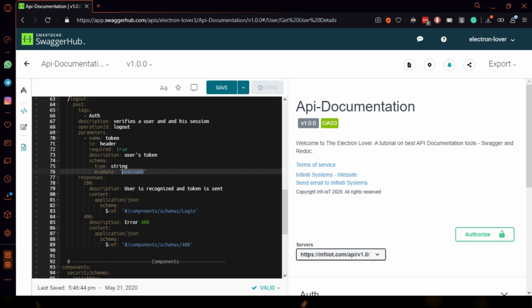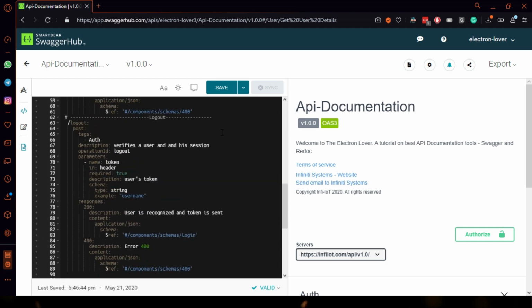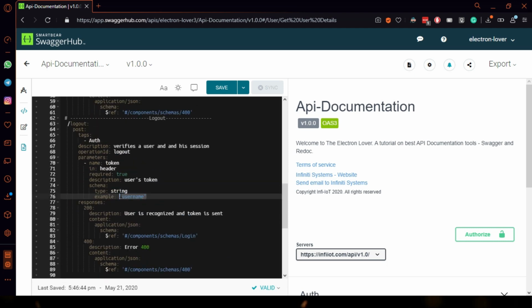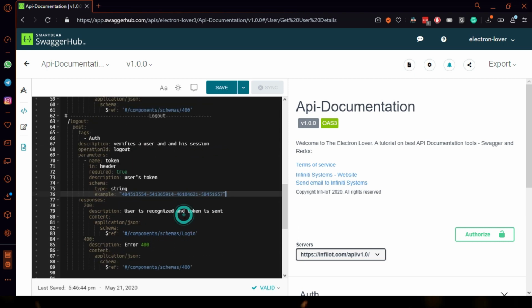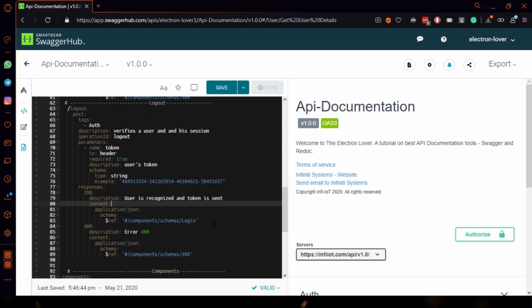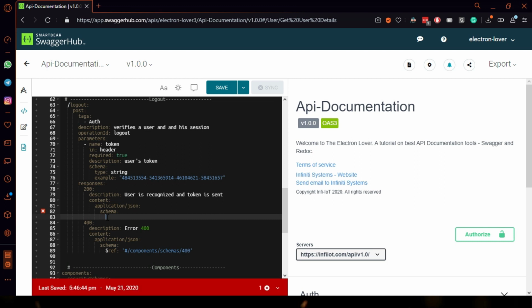Inside the schema, the type will be string and the example will be the same as we defined earlier. This logout API will have a fairly simple response, so we can directly describe it here.